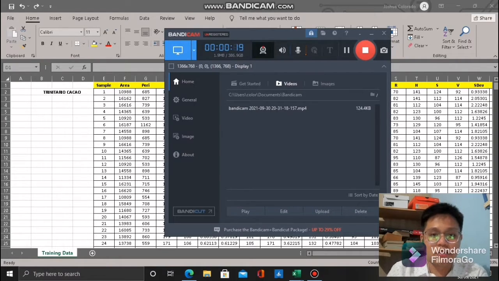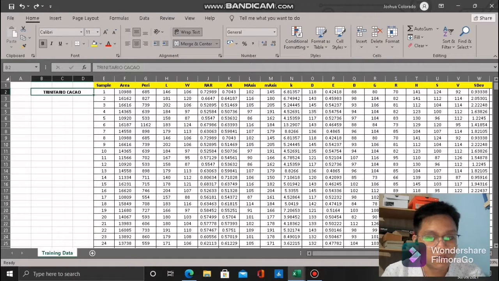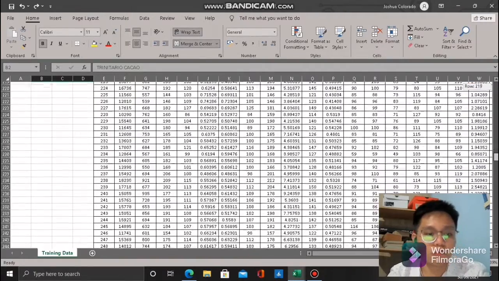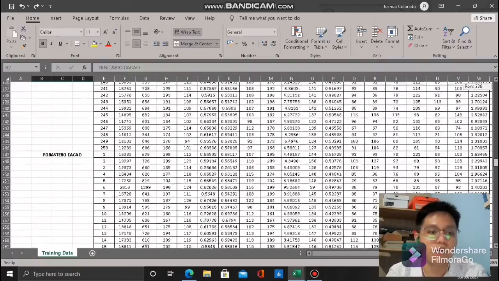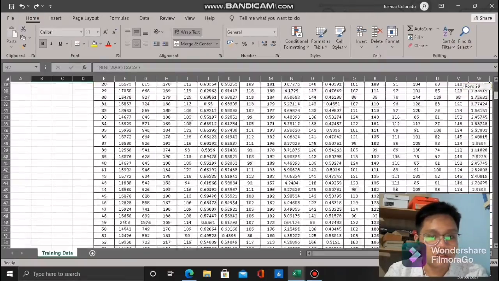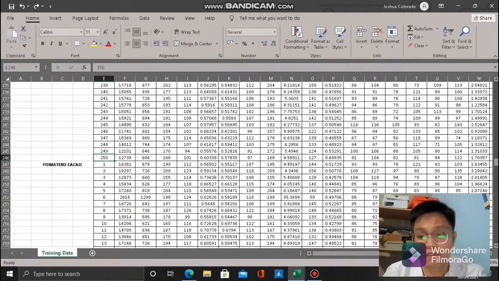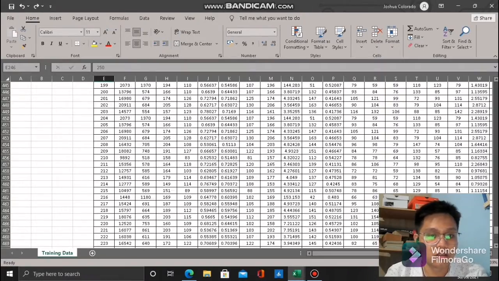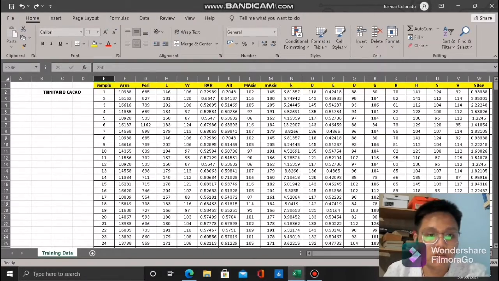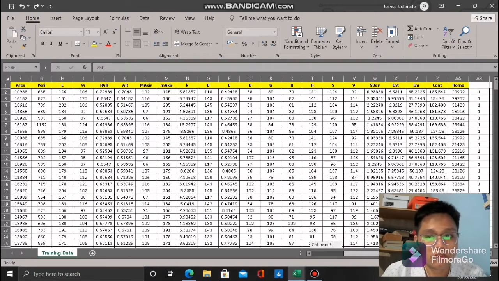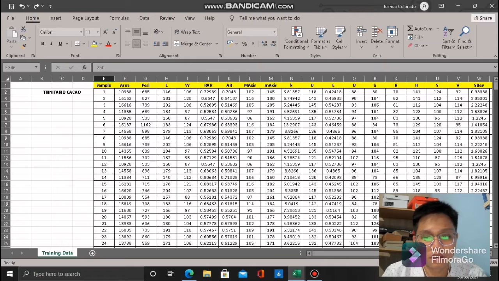So our professor sent us a file that contains two types of cacao. The first one is the Trinitario cacao, and the second one is the Forastero cacao. As you can see, each of the said cacaos has 250 samples each, and it is a total of 500 samples. So what we should do so that we can use this Excel data before converting it to CSV